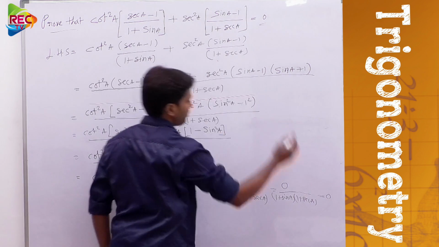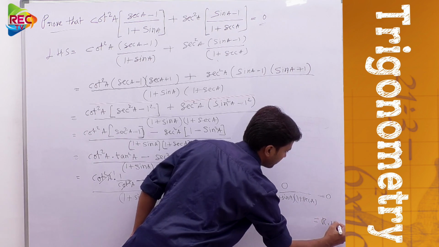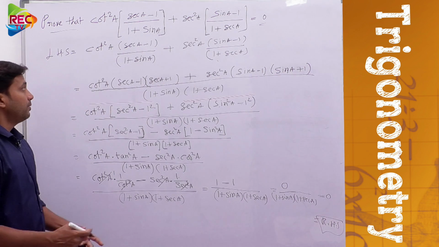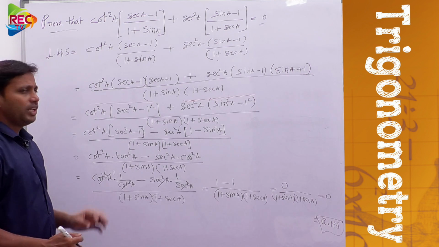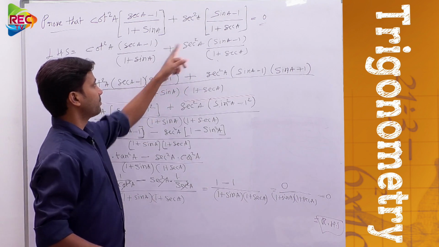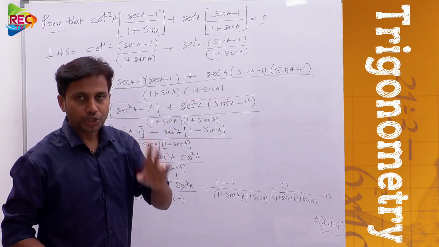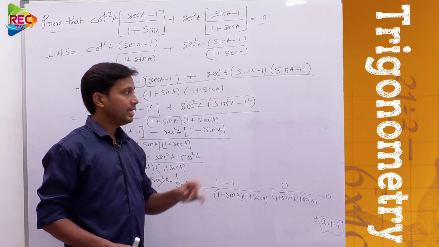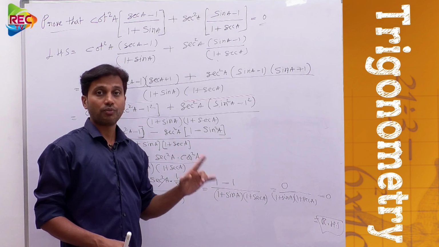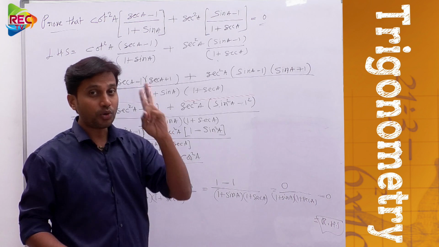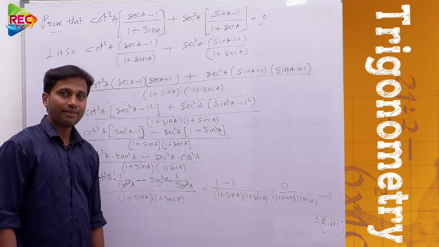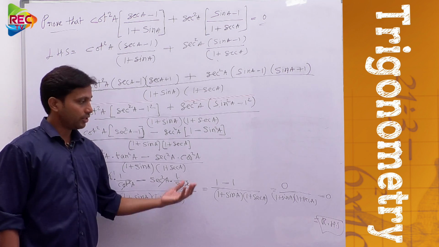So did we obtain our required result or not? So we obtained the RHS. Like this we can solve the problem. For solving this problem, we took the LCM and simplified it, and we used two identities. What are those two identities? Sin square A plus cos square A equals 1, and secant square A minus tan square A equals 1. So using two identities we solved it. In this problem you can observe each and every step, and I think you understood this.